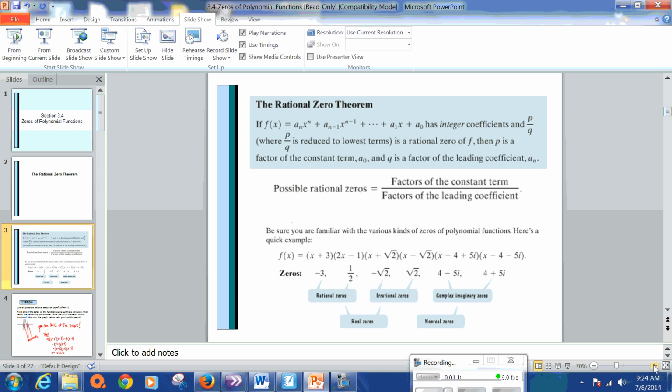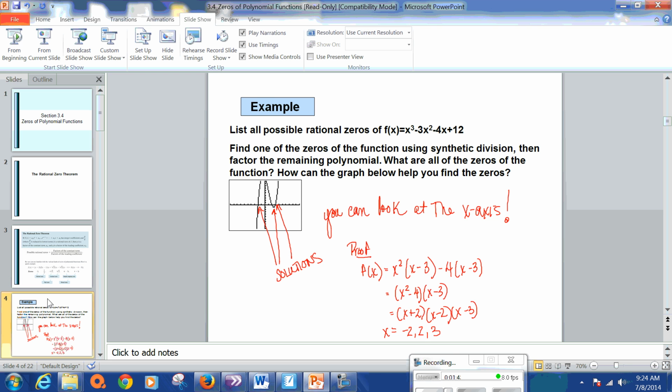Basically, what you're going to do is look at your leading coefficient and your constant at the end, and find the factors of the very last term, that constant term, and factors of the leading coefficient, and then one by one you're going to divide them out. If you have rational roots, and you most likely do, the rational root that you find has to be one of those guys. So the example on slide 4 is